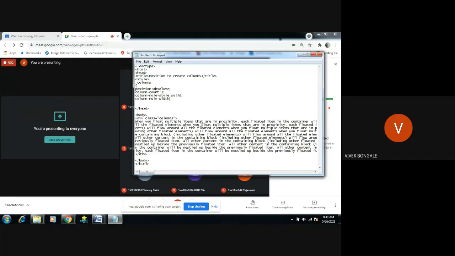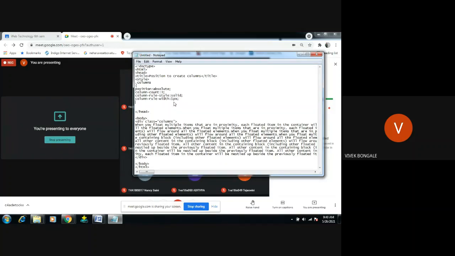Column rule width means we are applying each style for the column. That is the reason we use column count, column rule, column width and the like, with the column property. So I will give 1 pixel, then we complete the width. If you want, you can give the color, which means the border color, column rule color.